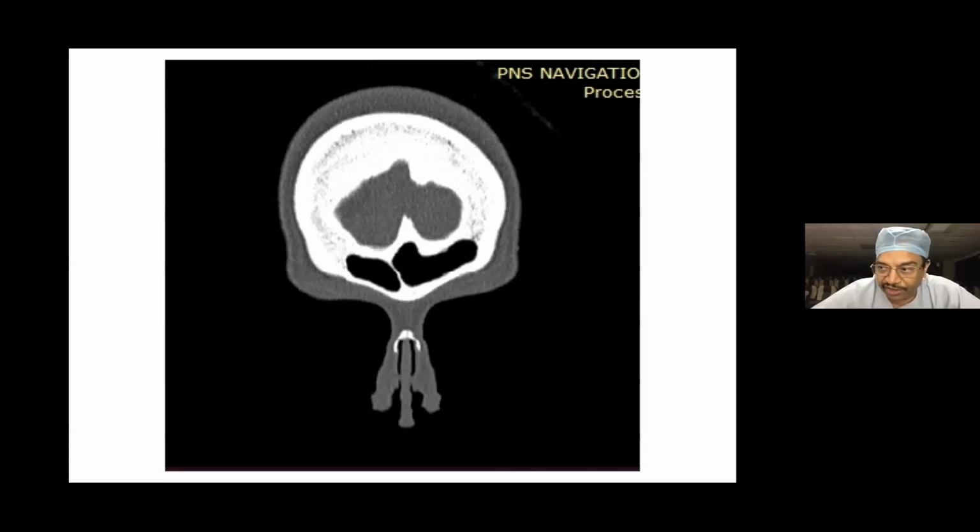Now, after the CT scan, what is the information I'm getting? I'm getting one information, what kind of pathology it is. Is it a fungal sinusitis? AFS? Or is there any invasive or non-invasive fungal sinusitis? Is it a central compartment disease? Or is it more of allergy? Sometimes you see a lot of changes in the nose, but the sinuses are spared. That's very important. So this is what information I'll be getting from the CT scan. Of course, I'll be understanding the anatomy, so that will help me during the surgery.